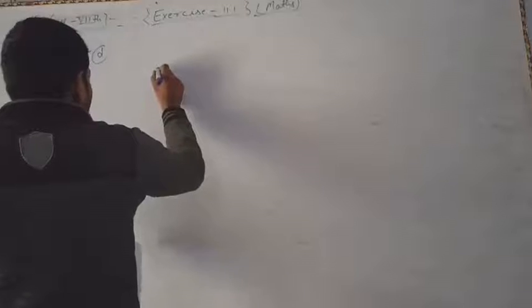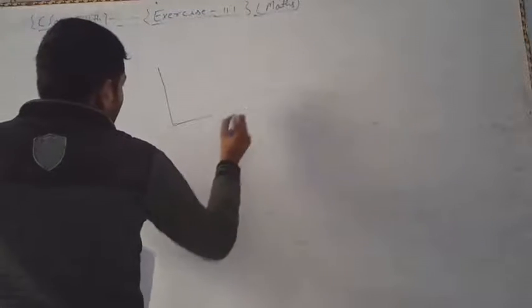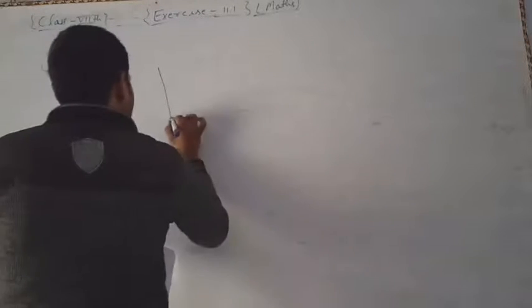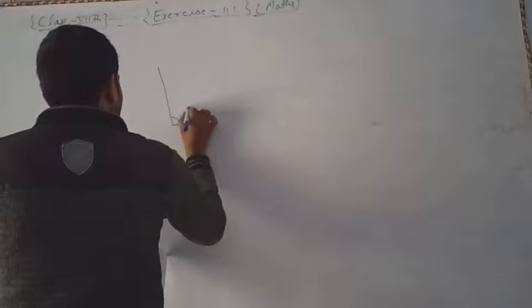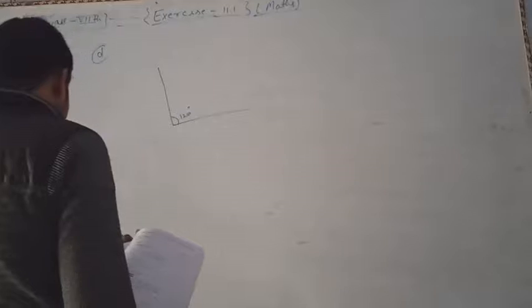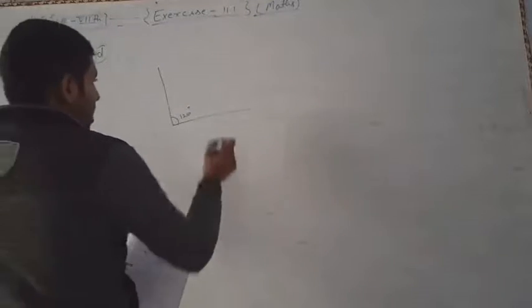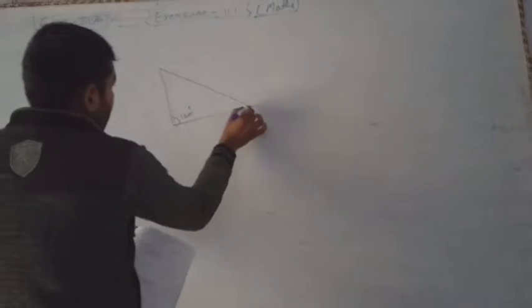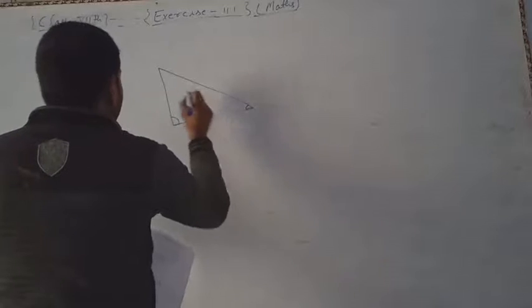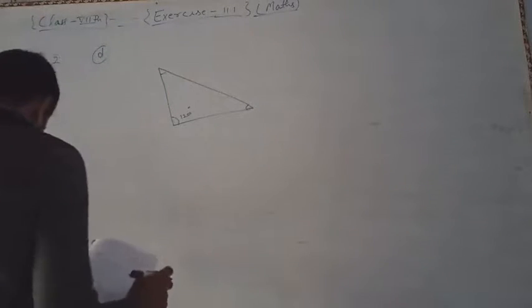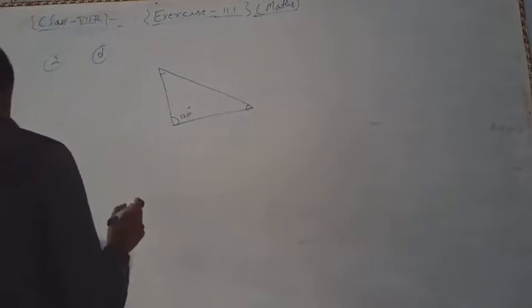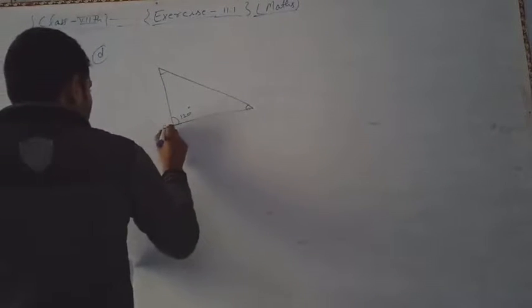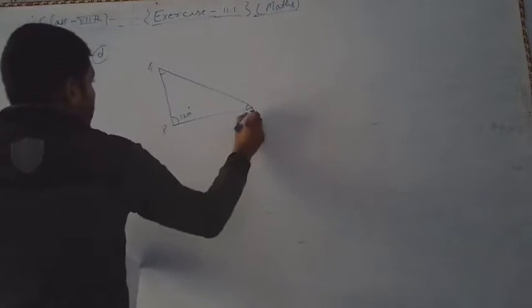So first of all, we draw 120 degrees here. And given that angle Q is equal to angle R, we draw this type of figure, and we name this triangle PQR, in which angle P